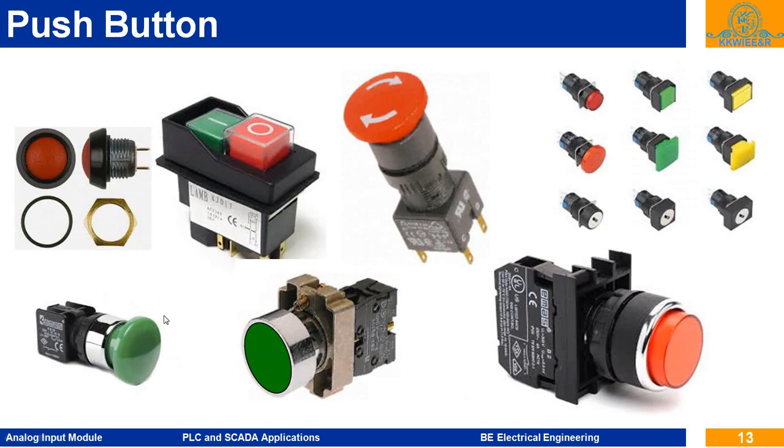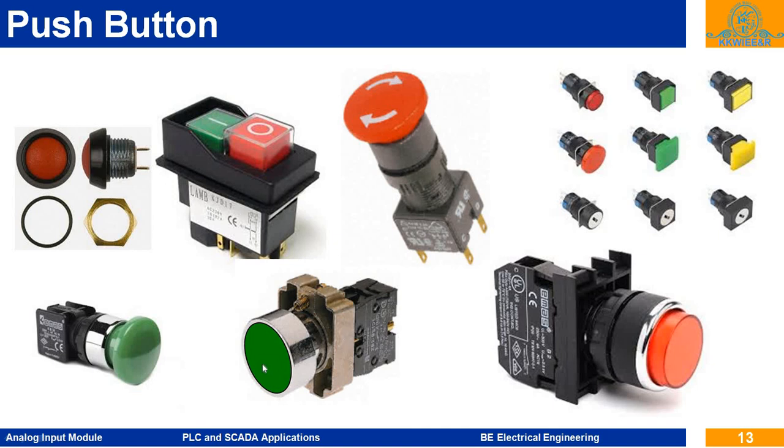So these are the different types of push buttons. This is the metallic ring. Then this yellow portion is called the actuator, and this black one is called the element. Here the normally open or normally closed contacts are provided, and to connect in the electrical circuit, the terminals are provided in this element. So there are two parts, actuator and element.